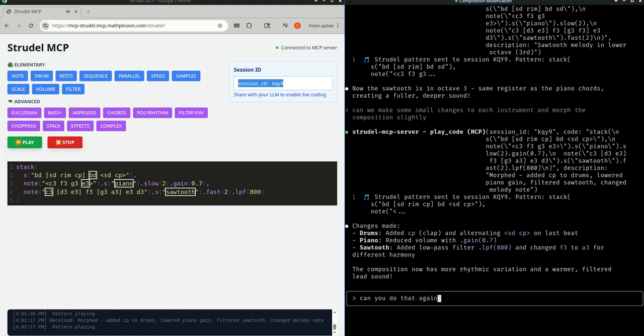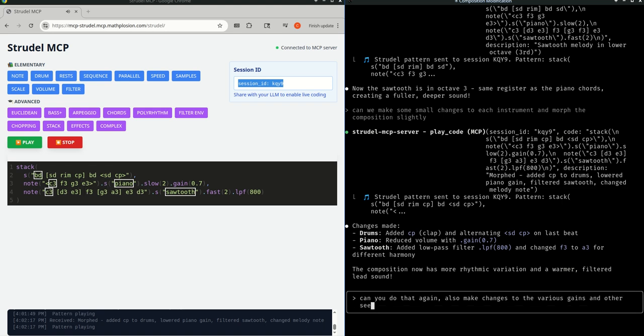Also, make changes to the various parameters, gains, and other settings using choices like,